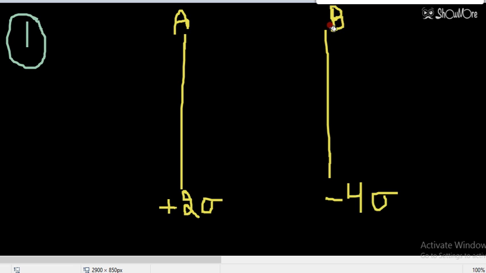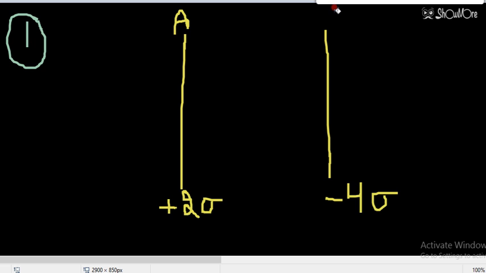So without wasting any time, let's find the electric field. This is region number 1, this is region number 2, this is region number 3. So these are the three regions. Now we have to find the electric field, magnitude and direction of electric field in region 1. So let's see how to solve the question.